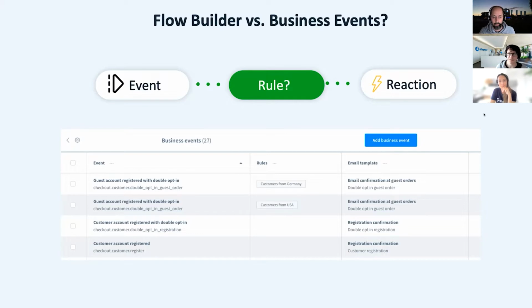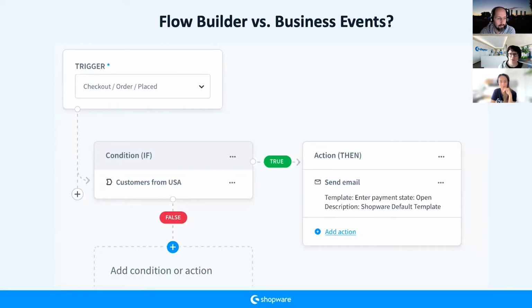How do we now solve all of what I told you about? What is the flow builder now actually? Tim is going to show you more about the details of the workings here. In general, we have three parts in the flow builder. On the one side, we have triggers, then we have conditions, and on the other side, we have actions. And you are able to completely mix those things together. You can define multiple conditions as much as you want. You can nest them in different ways,